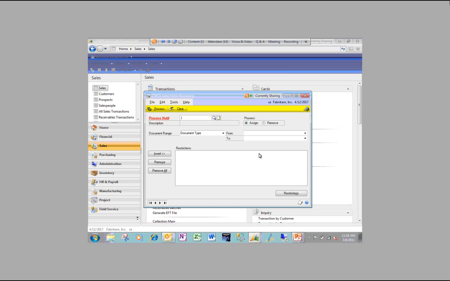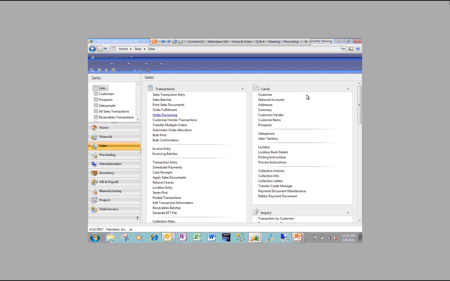And you can choose whether or not you want a password to remove the hold or not, or you can simply use security to allow certain people to remove holds. This also works really well with integrations,